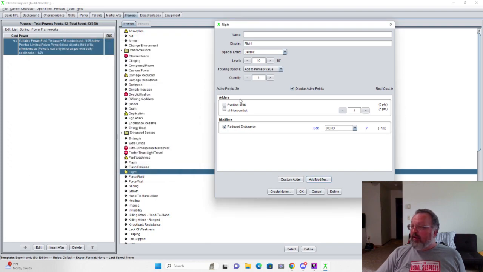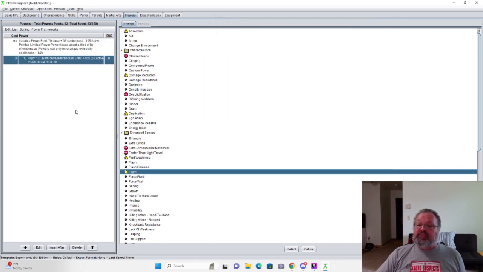And done. And we can see it fulfills the 70-point limit. It's only 30 active points. And it will say the real cost is 0. Now, that is not true. So you've got to come in and figure out, well, in this case, it'd be 30, the active points, because I didn't put any limitations on it. So 30 points of my 70 points are caught up with this flight, but I still have 40 points that I can go. And let's add an energy blast